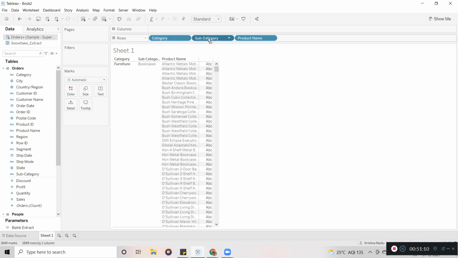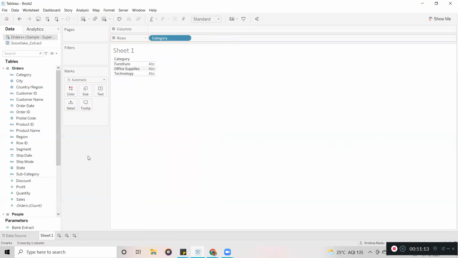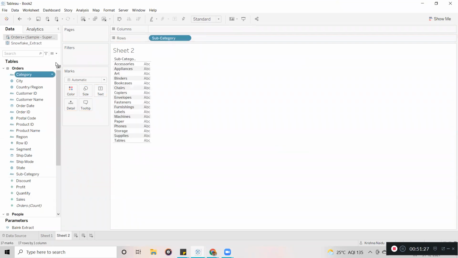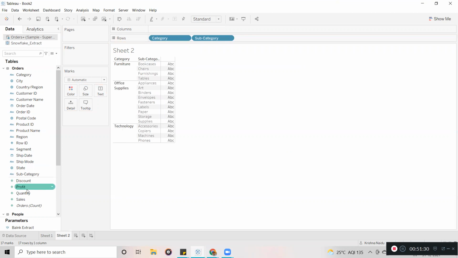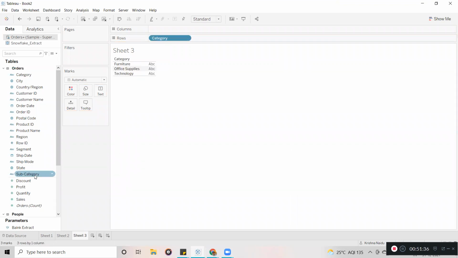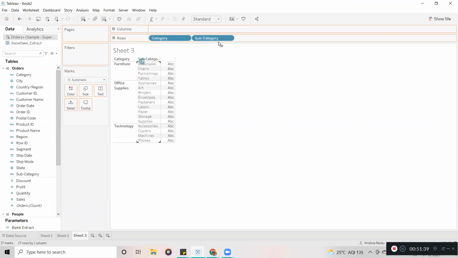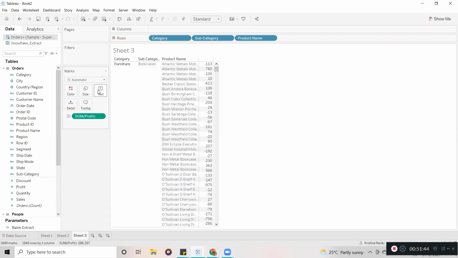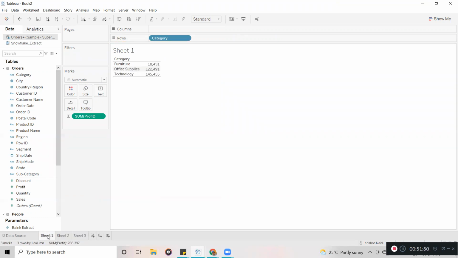For this we are not going to create three different visualizations: one for category-wise profit, another for subcategory-wise, with category added as per the requirement, and one more with category, subcategory, product name, and after that profit. Here you can see you are creating three different visualizations.